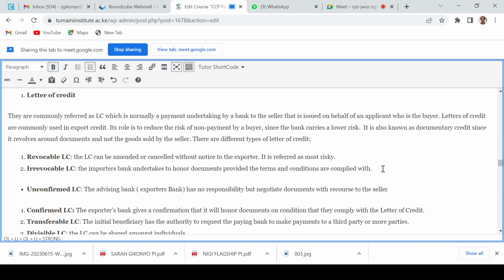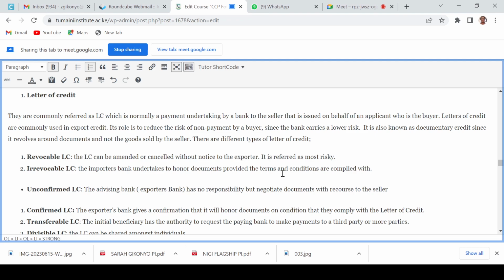Then you come up with terms and conditions ambazo zitakuwa kwa LC, ambazo you as the seller you are going to meet, and then this other person is also going to meet. So that is what an LC is. So it's basically a letter, but this letter is from a credible institution like the bank, as they have just told us. So we have different types of LCs, and these different types of LCs, the names are,